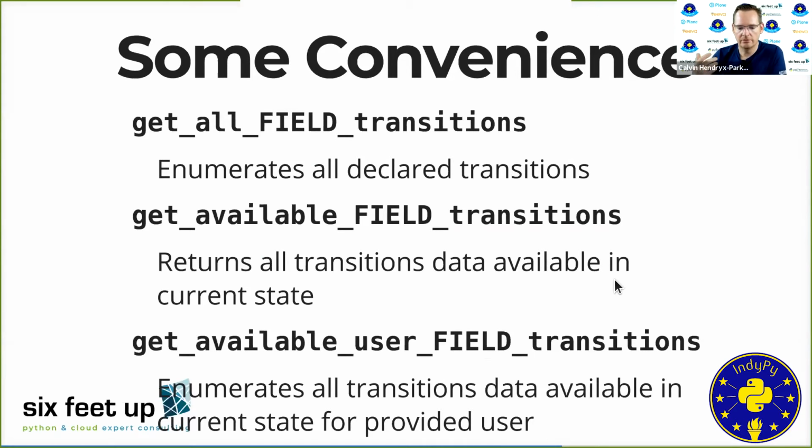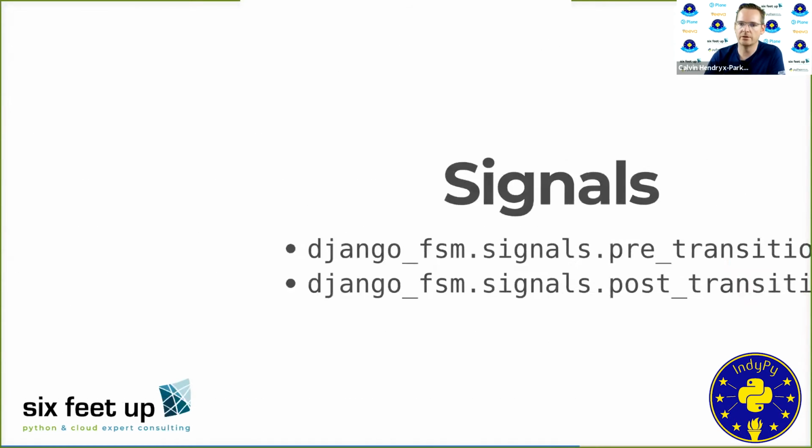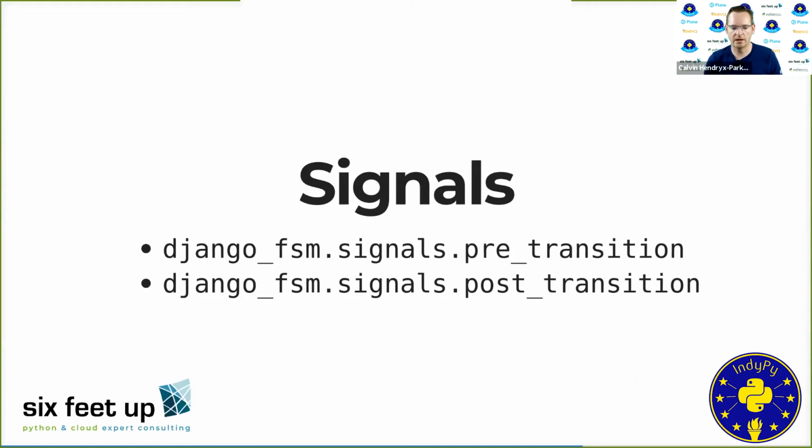That's the basics of Django FSM. Now there are some other niceties you get as part of using Django FSM, and that is signals. You can subscribe to the pre-transition and post-transition signals, if you need to do some kind of pre-processing or some cleanup of the items afterward, you can do that as part of your cleanup or post-processing process. Or for example, in post-transition, if you're sure that the transition was successful, you could use that as part of your notification process. Now you can hook into this very easily from third-party products.